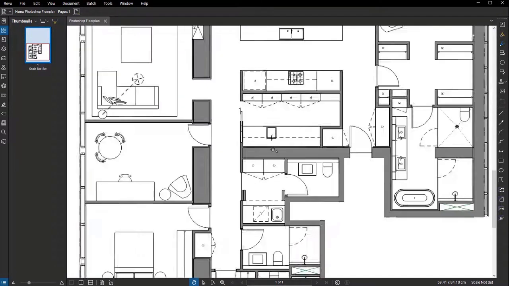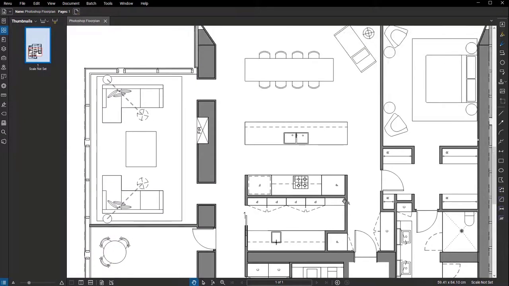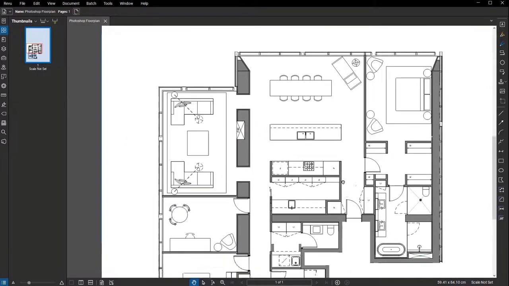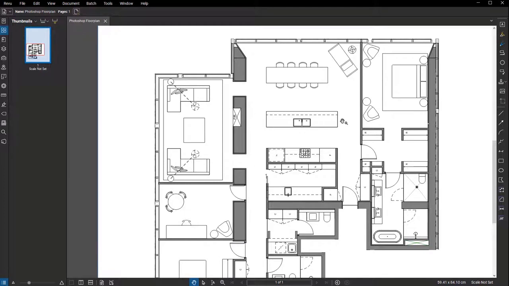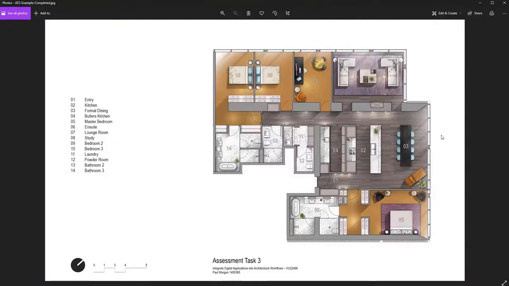So we'll end up cleaning this up, transforming it, and then turning this basic line floor plan into something that looks more like this. So you'll end up with a finished rendered floor plan with textures, lighting, smart objects, shadows, contrasting elements, and then